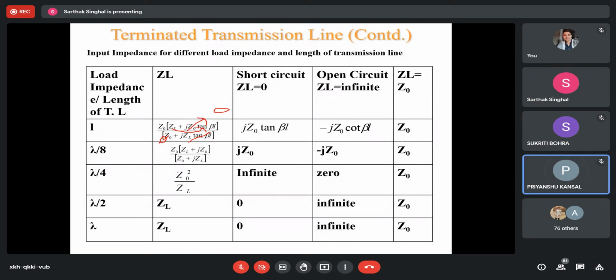Okay. Now the third case is if I terminate the transmission line with the